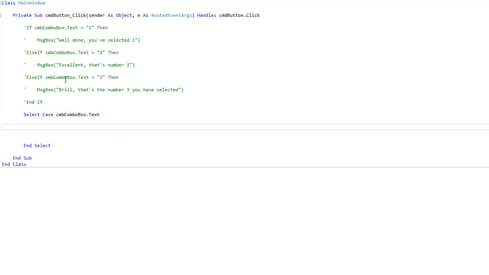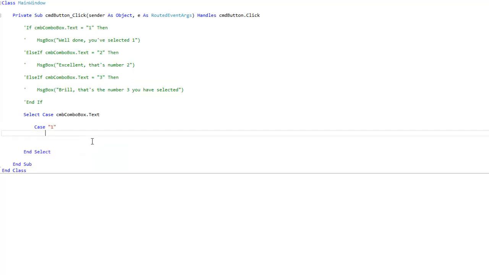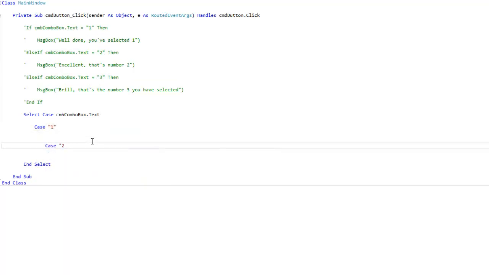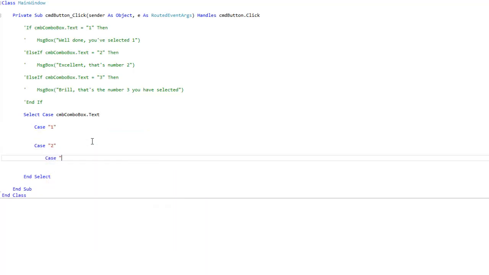So we can see that we've got 3 cases, effectively, 3 different options. It can be 1, 2 or 3. And that case is based on what we can see here in the 2 and the 3. So if we make a case for 1, case for 2 and a case for 3,